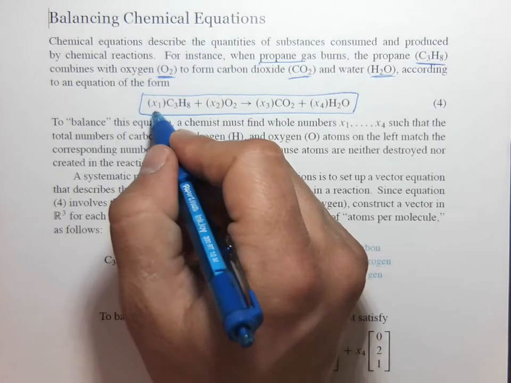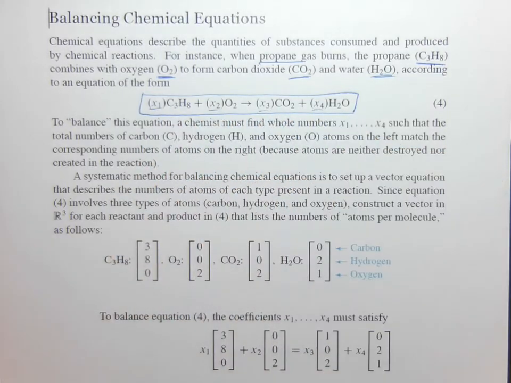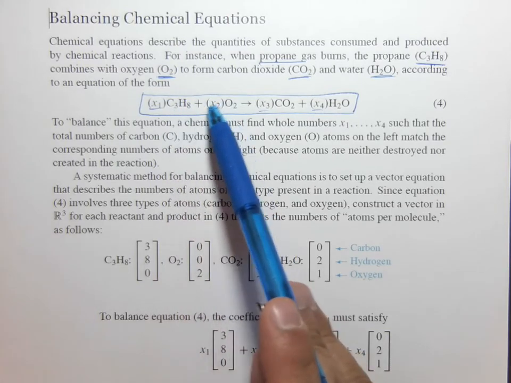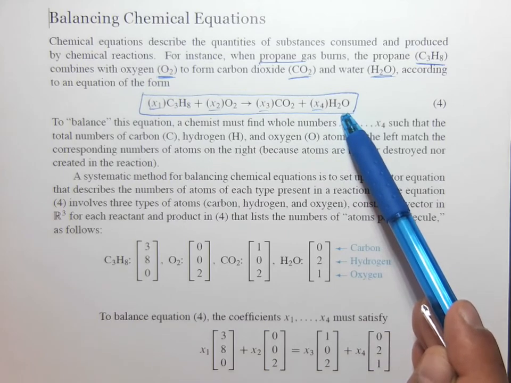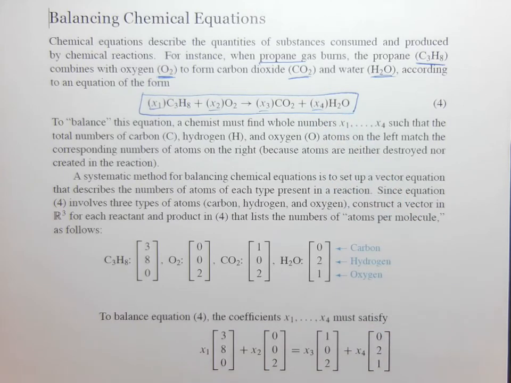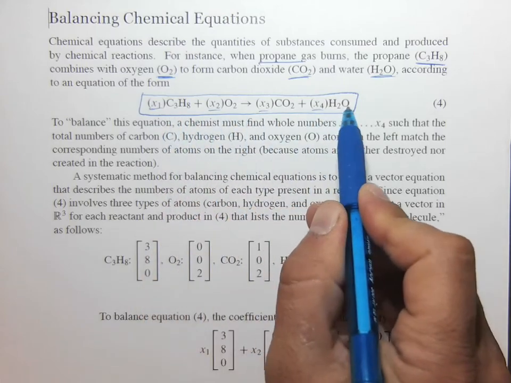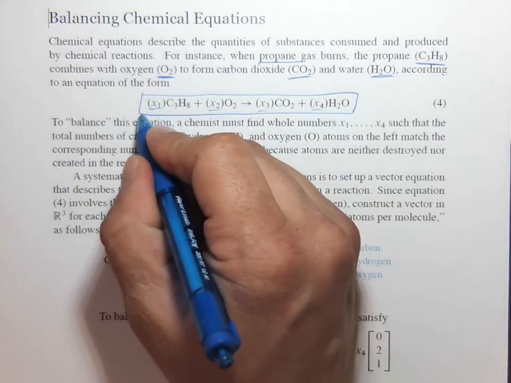Now, the variables in here, x1, x2, x3, x4, are linear because their powers are 1, and we need them to be equal on both sides. In other words, when you burn propane, matter is not destroyed, so the propane and the oxygen on the left side need to somehow transform into the things on the right and have the same amount on both sides of the equation. You can't lose oxygen somehow when you burn propane, or carbon or any of the other things. We can take this balanced chemical equation, and again, we'll look at this in more detail in 1.6,